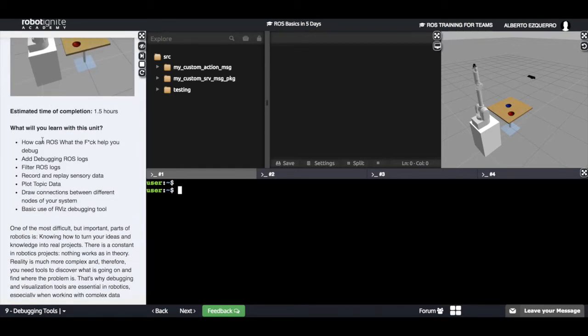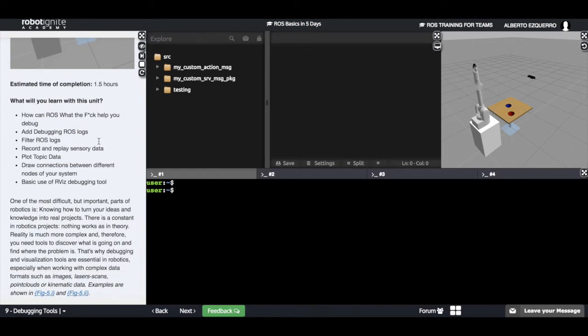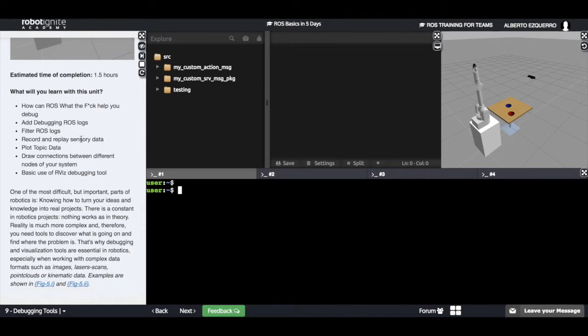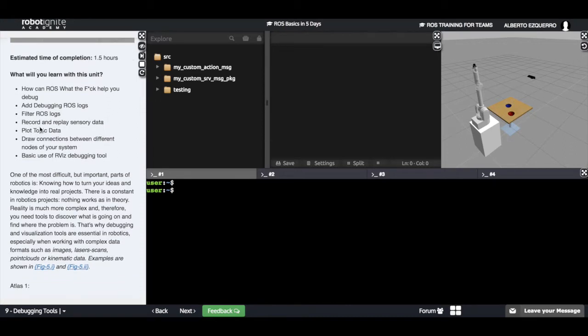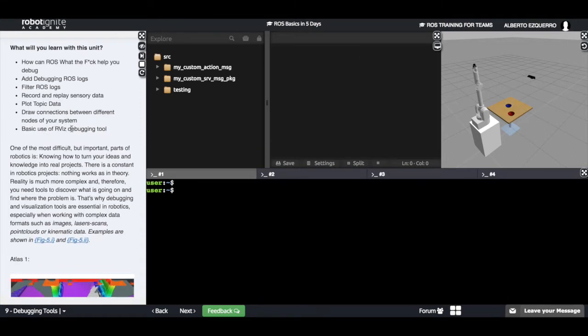You will learn how you can use ROS wtf, how to add debugging ROS logs, filter ROS logs, record and replay sensor data, plot topic data, draw connections between different nodes of your system, and basic usage of the Rviz debugging tool. Okay? So, one of the most difficult parts in robotics is to know how to turn your